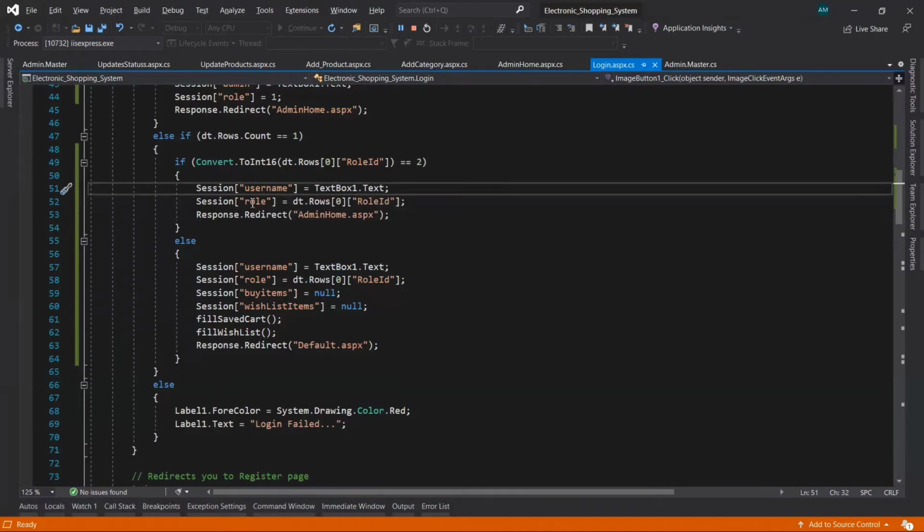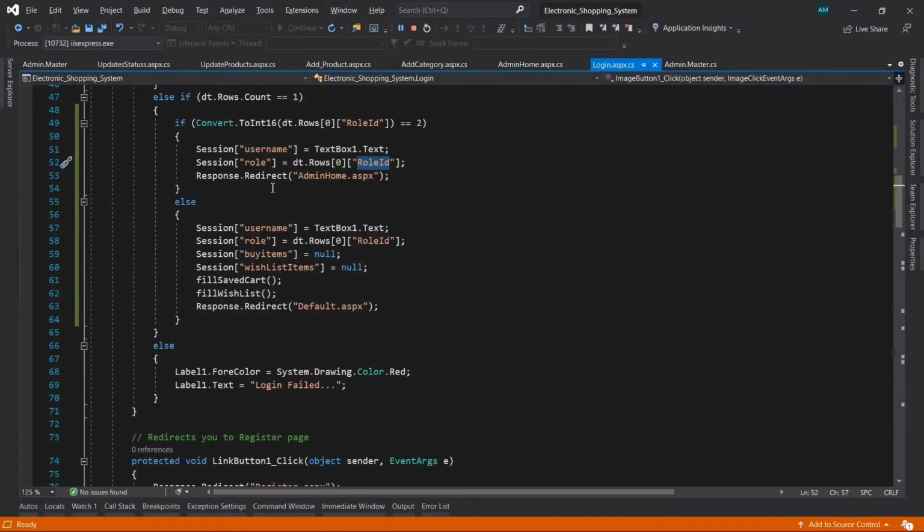Then it will create the session of role, which comes from this data table's role id column. After that it will redirect the vendor to the admin home page.